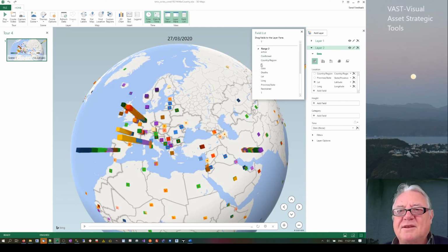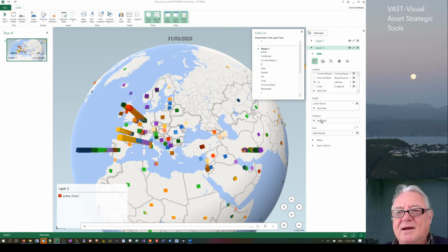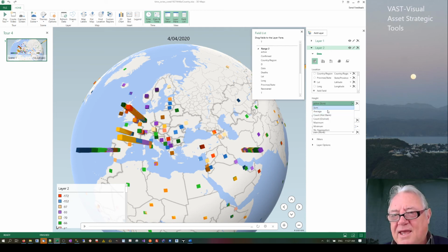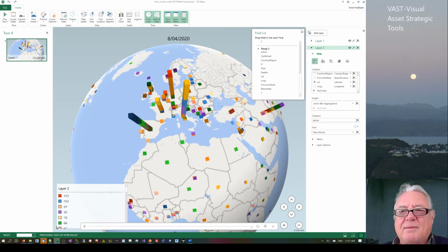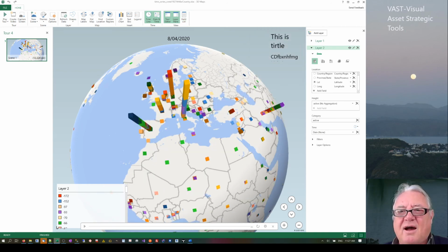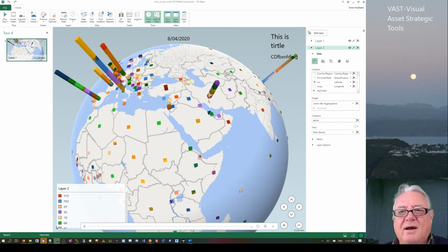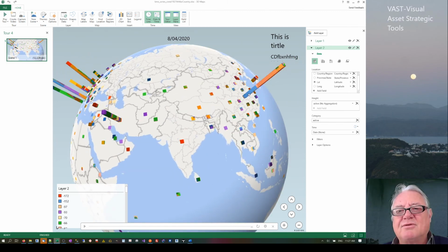But one of the things that I found with active cases and the way that it does them here is, although it's not aggregating them, although that one there with the sum it does, no aggregation, I tried setting this up and I fudged a bit of the data. I made China reach a real peak and then I made it reduce. I said, oh, well, they've recovered, something like 10,000 or something, just to see if I could reduce that down. But if you actually see when I play this,